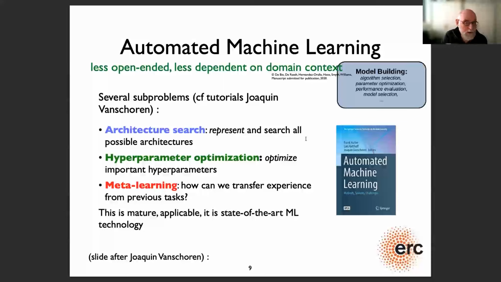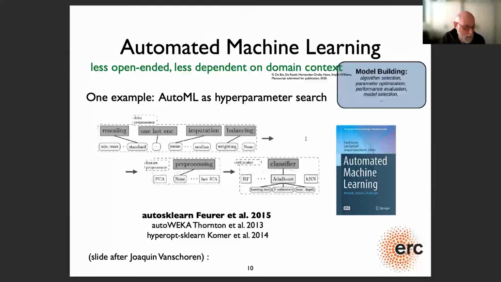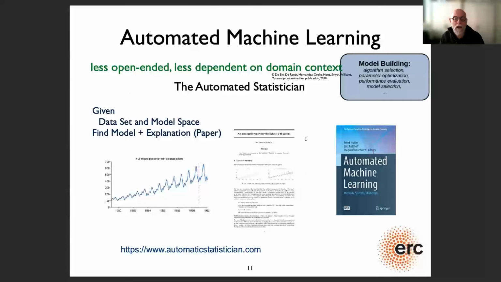In contrast to the techniques in the other three quadrants where things are way more open than in AutoML. And problems that have been successfully tackled include searching the architecture, looking for hyperparameters, doing meta learning. This is really very mature, state-of-the-art machine learning technology that can be used off the shelf. I don't think I need to explain what all these hyperparameters and search and techniques are. I guess that is pretty well known, and you'll hear much more about that later this week.